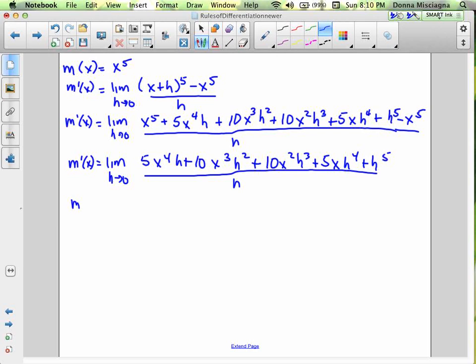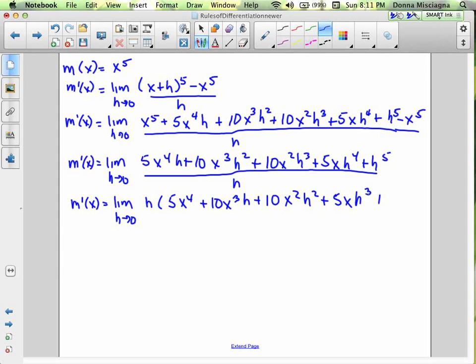So m prime of x equals the limit as h approaches 0, factored out the h, 5x to the fourth plus 10x cubed h plus 10x squared h squared plus 5x h cubed plus h to the fourth, all divided by h. We cancel out the h,